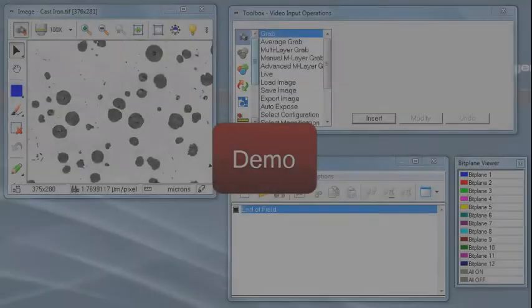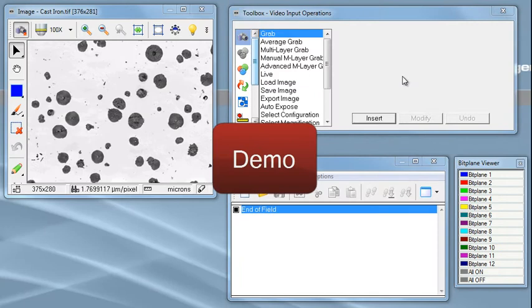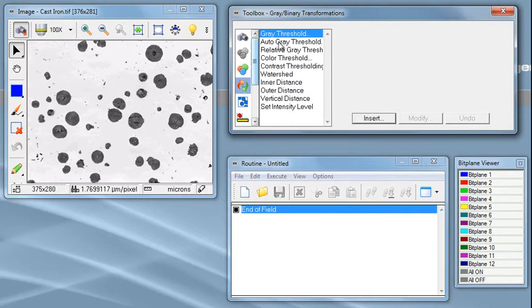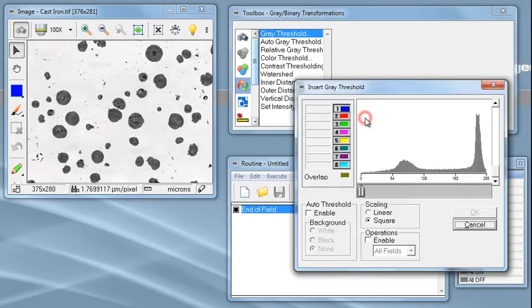Now that you know a bit about gray levels of pixels, let's have a look at the gray level histogram for this image. In the Gray Binary Transformations category, select Gray Threshold and click on Insert. The histogram shows the distribution of pixels in this image by gray level. The small peak on the left represents dark gray pixels, or nodules, and the higher one on the right represents